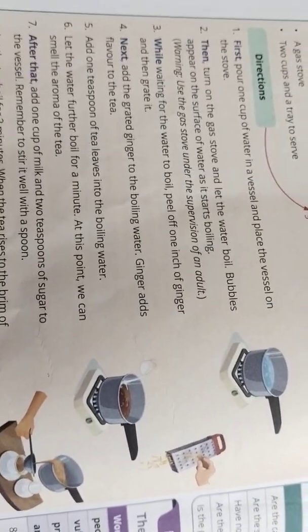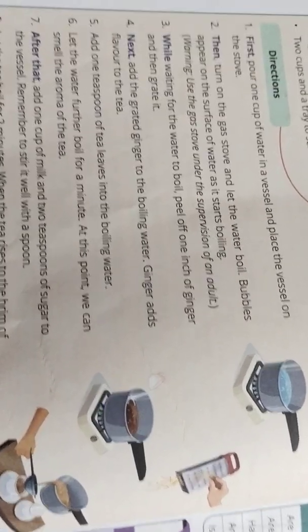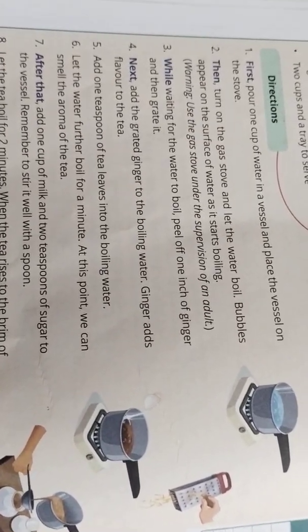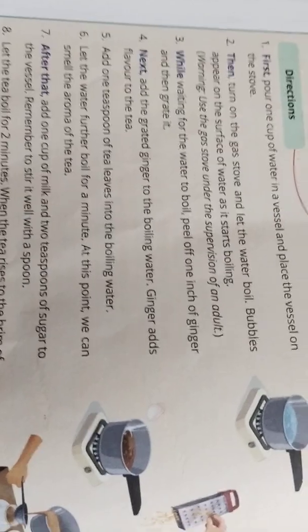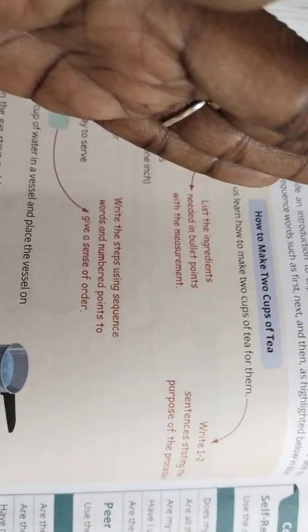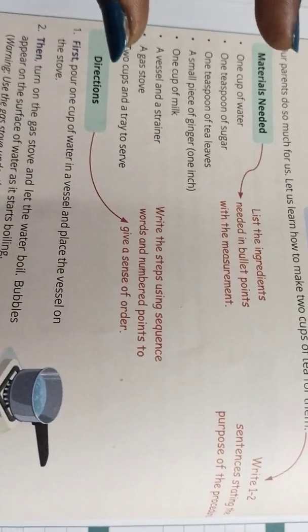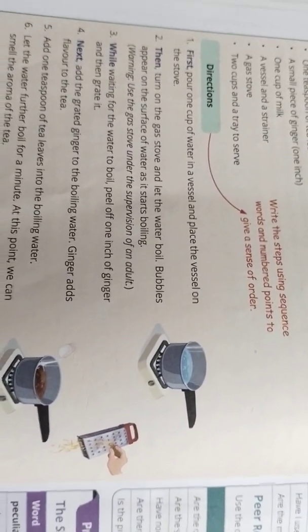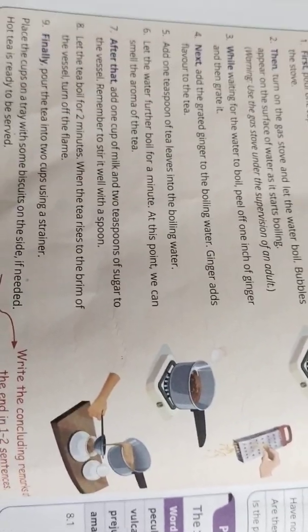Each one has their own taste, isn't it? Some may like sweet, some may like hot things, some may like sour things. So that is up to you. Okay, so you can take a topic which you like to cook in your life. So ask your parents, or your mother, or your neighbors, and make it a purpose, materials required, and steps, and then you can make it into procedural writing, with the heading, with the introduction, with the materials needed, with the directions, and with the conclusion, and it should end with the conclusion. Okay, so these are the steps you need to follow while writing procedural writing.